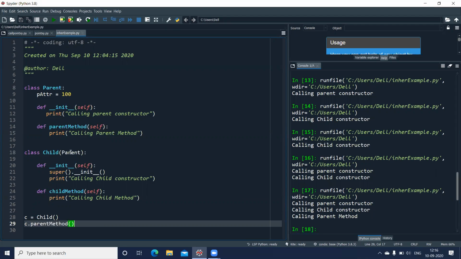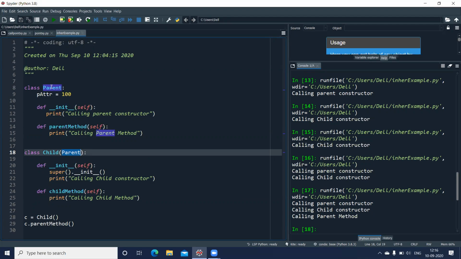Had I not inherited this class, if I remove this parent from here, I won't be able to make a call to this particular method by using the object of the child class. Because I'm inheriting the parent class here and I have created an object of the child class, I can easily access all the methods or attributes which are there in my parent class.